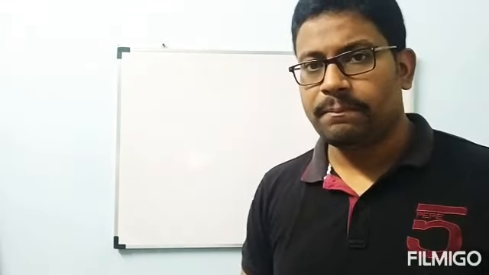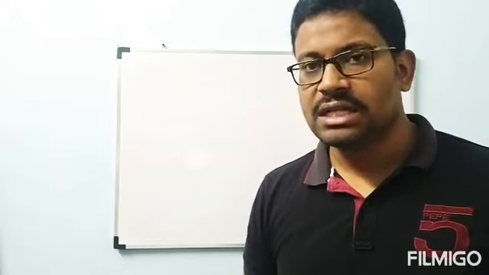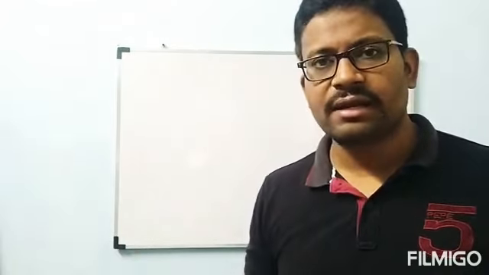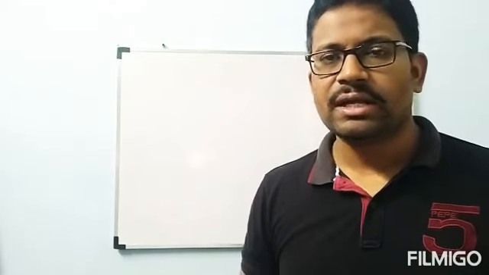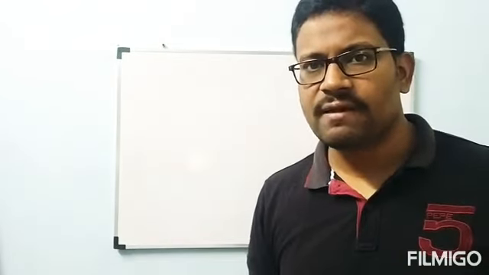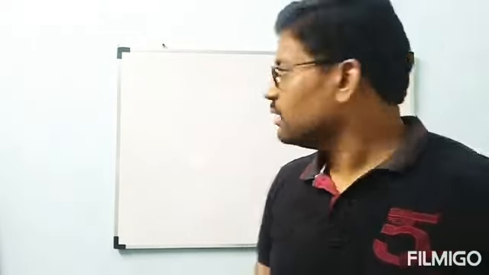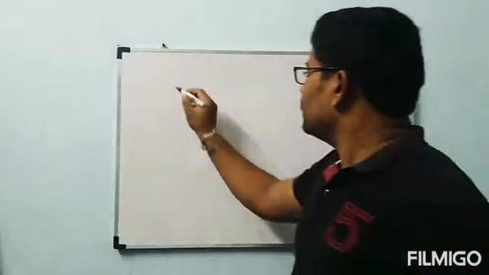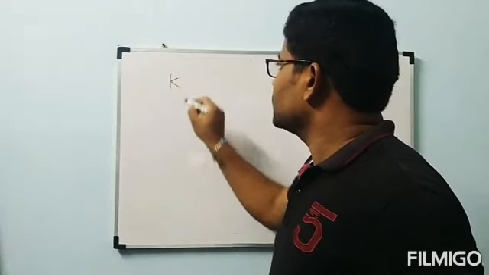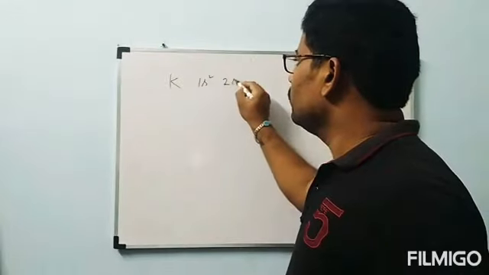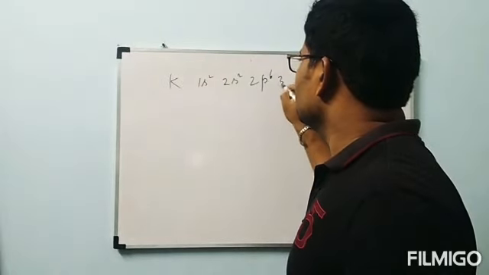Chlorine can show -1, +1, +3. Depending on the other compound, we will decide how to calculate oxidation number. Also we have seen it. Just once go through that oxidation number and valencies, how they vary in a group. Okay, next. If they give any one element like potassium, the electronic configuration of potassium is 1s2, 2s2, 2p6,